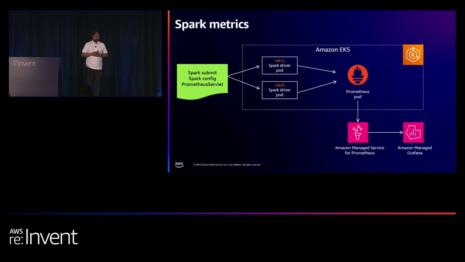Now, moving on to metrics. We are running Spark on EKS now. How do we actually monitor Spark jobs on Kubernetes? That's a big question. With the open source CNCF ecosystem that comes with Kubernetes, you have a number of tools you can use, including vendor solutions. In this solution, we are using Prometheus to store the metrics, writing them using the remote write method to Amazon Managed Service for Prometheus. And then you can use Grafana to visualize those metrics.